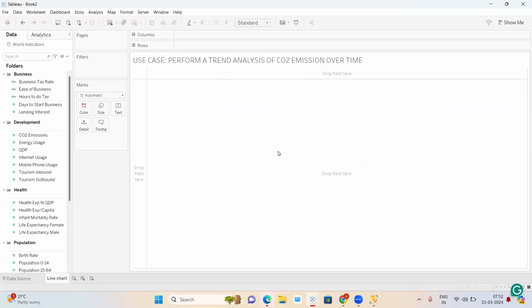You understand the use case? Okay. Now, in your mind, what are you thinking? What will you require from these fields? You will require a time field, and a CO2 field, which will give you other data. Now, you have CO2 emissions, and you have